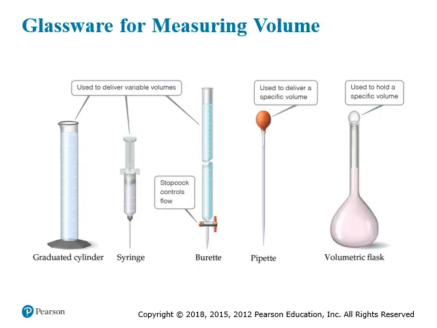If we were to venture into the lab, then we would see that there are various pieces of glassware that can be used in order to deliver and determine volume. A graduated cylinder, a burette, and a pipette are three that find themselves used commonly in the scientific lab. A volumetric flask is used to hold a certain volume, while the others are used to deliver a certain volume.